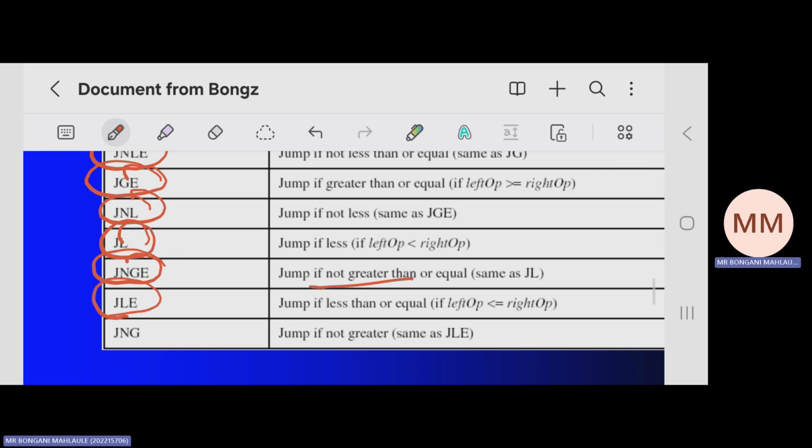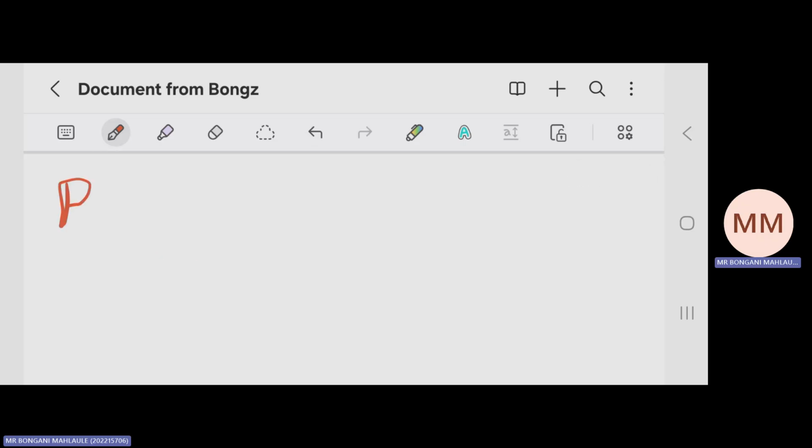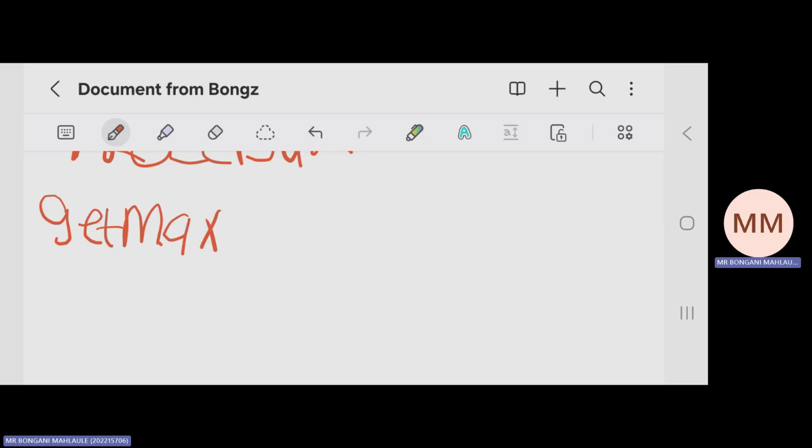So let me add those short mnemonics that you must know, because they're going to ask you to mention the procedures. Even if they don't ask you to mention them, you should know how to use them. We've got GetMaxXY, we've got GetSecond,